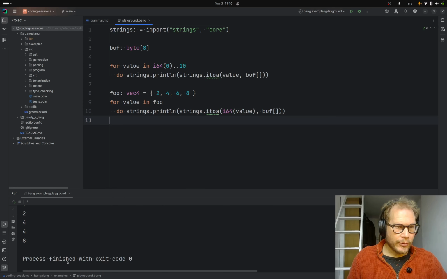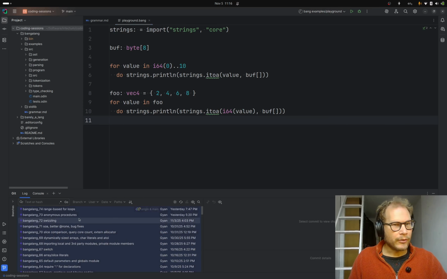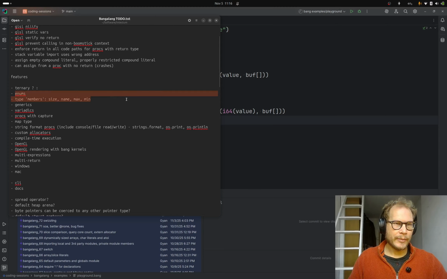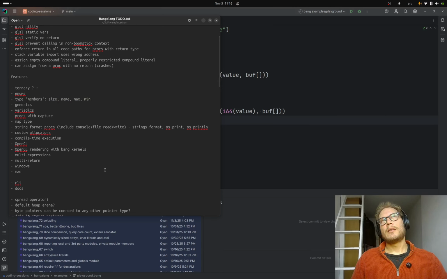Recently we've gotten quite a few features done. I feel like we've made a lot of really good progress. We have range-based for loops, anonymous procedures, swizzlings, structs of arrays. I feel like we really plowed through some features, but we're getting to a bit of a wall now, where when I investigate some of the extra features to do, it's starting to feel like there's a bit of restructuring that needs to happen. So specifically with enums and type members, and some other features that will help also,